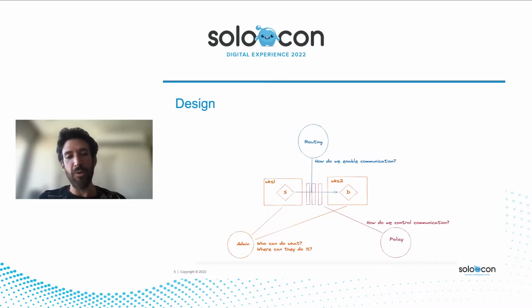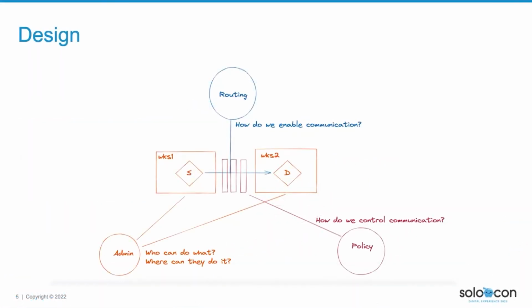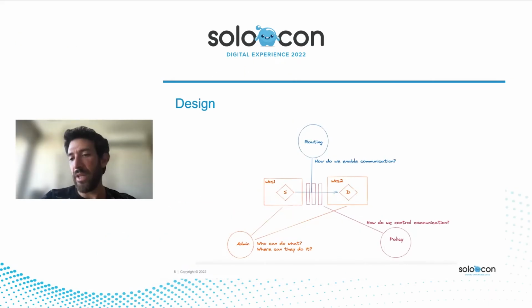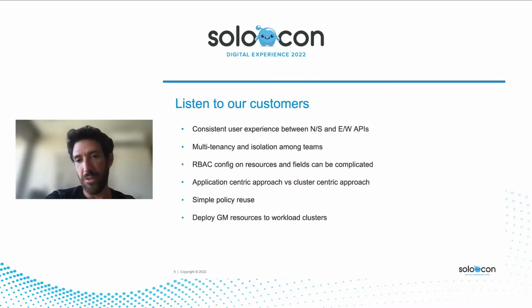So in our design, we've broken down the service mesh configuration and the control plane configuration into three domains. The first is the admin domain. This allows us to define partitions within our mesh that say which namespaces, which resources belong to which teams in the organization. Then we have routing. This actually defines how we connect together the services within our organization, both within and across workspaces. And then we have policy. Policies can be applied globally by administrators, operators, as well as locally for teams and their individual services.